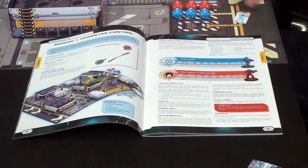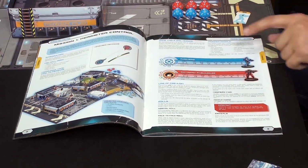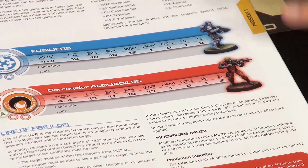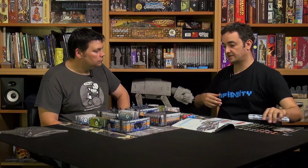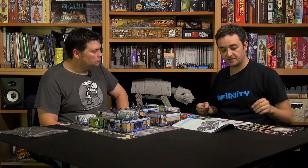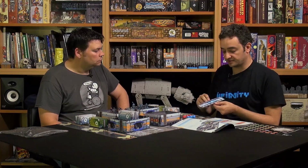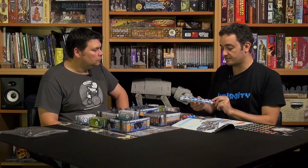As this book goes on, it introduces more and more rules and more troops. So the first mission will be just Fusiliers against Alguacils, killing each other, nothing else, so you can get used to using the markers. Because if this is a completely new player, he will be learning, okay, I can spend all the green markers in every miniature that I want. This is a miniature tool also that comes with markers, so no problem with everything. Everybody moves